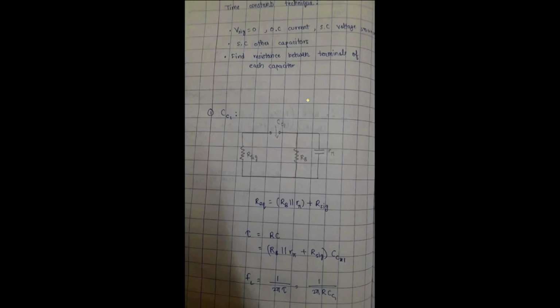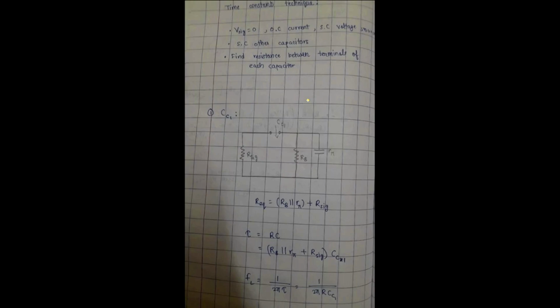Now when I open the terminals of the capacitor, what I have is my RB in parallel with R pi, and the resultant resistance between them is in series with R signal. Because of that, what I have is